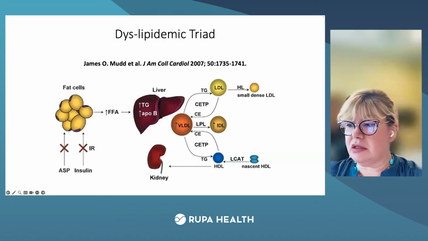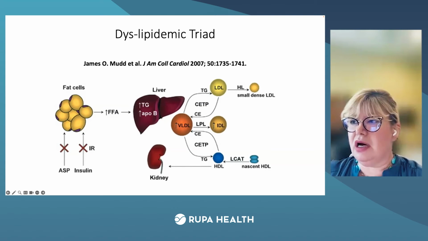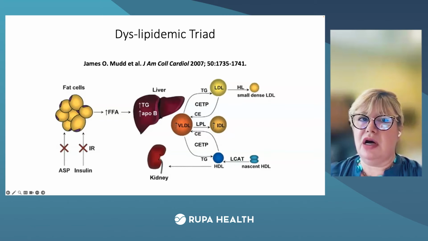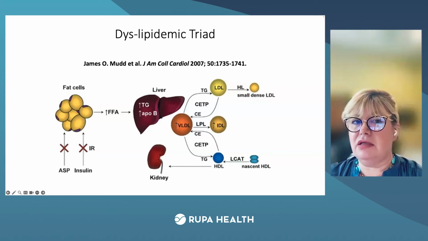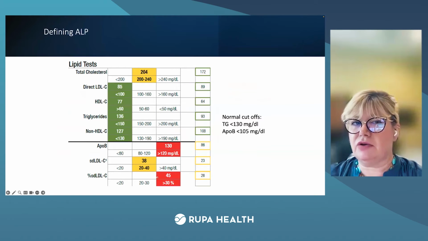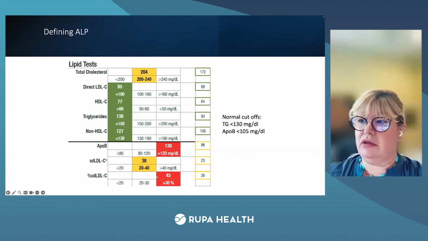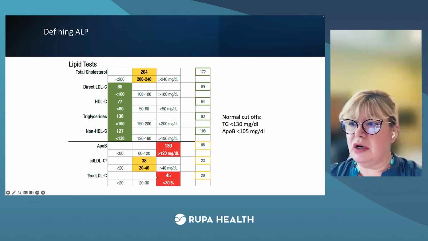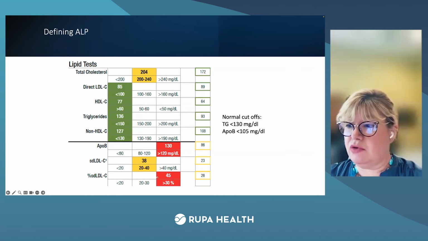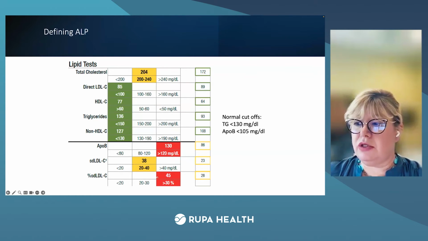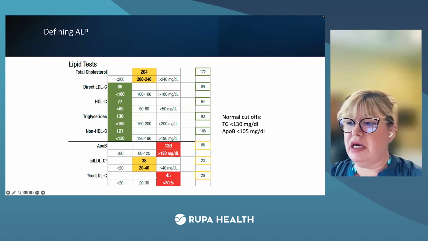And this is the process that I just described, only in this graphic form. And I do recommend reading the paper from Jack and James Mudd. It's a very nice and comprehensive description of how this dyslipidemic triad factors in. So if you look at that patient that I showed you earlier, who appears to be at fairly low risk based on his basic or standard cholesterol profile, once we learn that his ApoB is high and he also